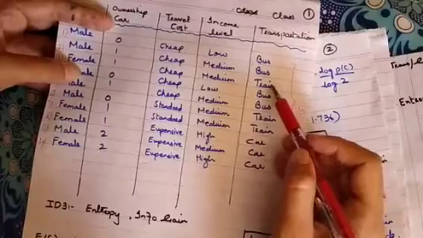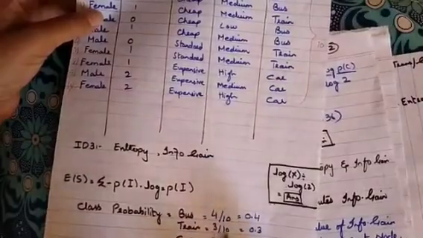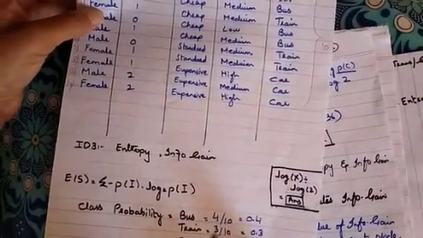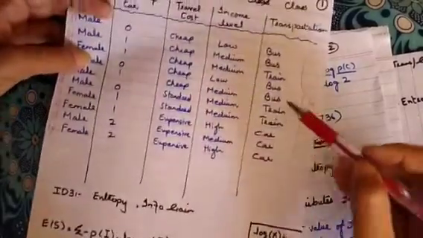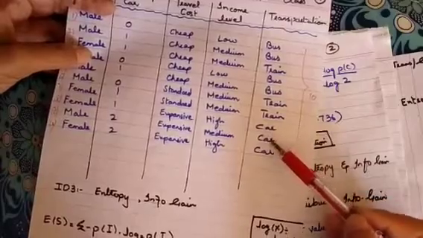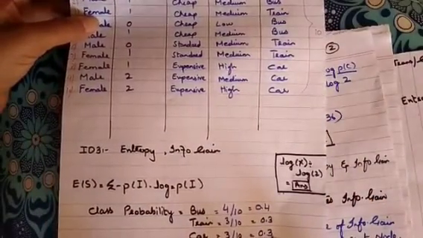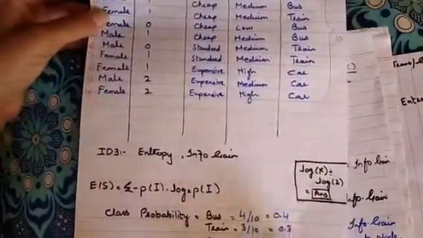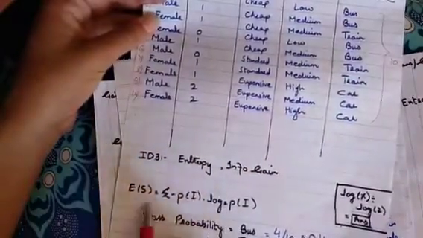Now let's see for train. For train the labels are 1 2 and 3. The total number of labels for train are 3, and data points total हमारे पास कितने थे? 10. Simple probability जैसे हम find कर रहे थे, it's 0.3. And for car we can see it's 1 2 3, so it's same. For car the probability is also 0.3. Now अब मुझे probability तो मिल गई. What I have to do, I have to put up these values within the entropy formula.